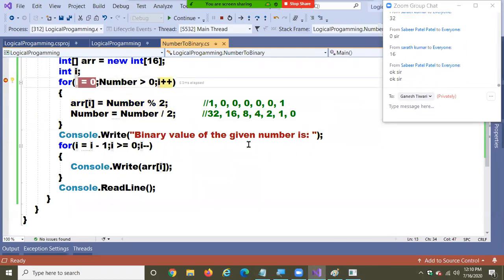Is that clear? That is what you are filling.